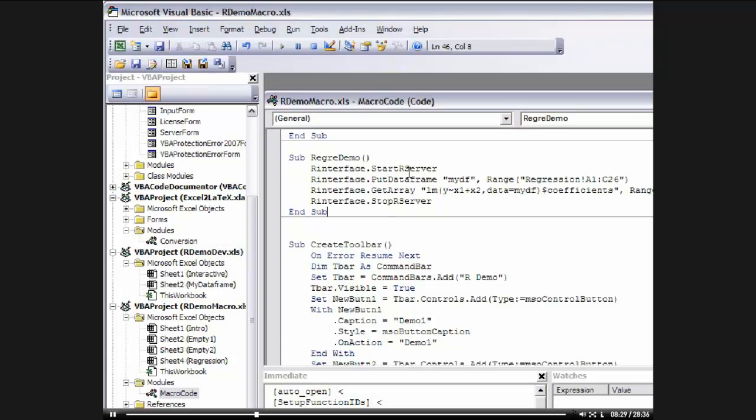This is a completely self-contained program, so one could start an R server, do the computation, stop the R server, or just use a running R server and then clean out everything after it has run and give another user